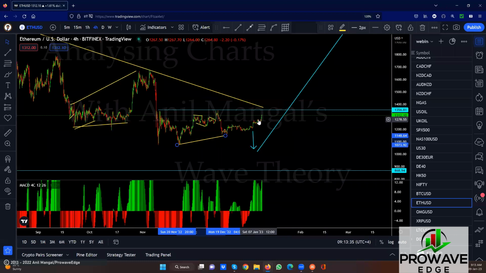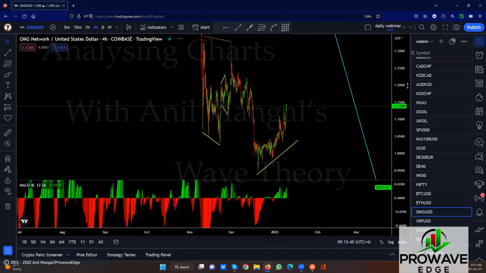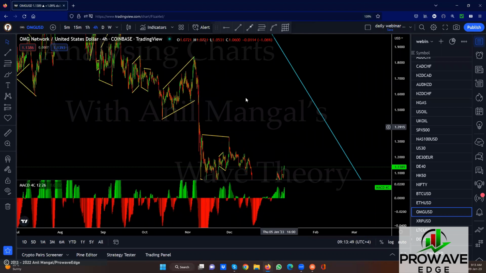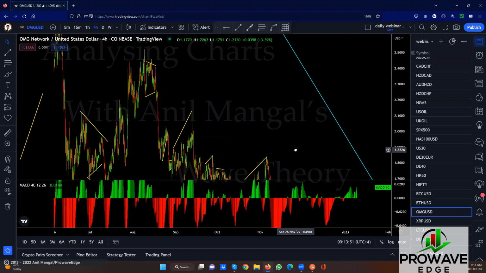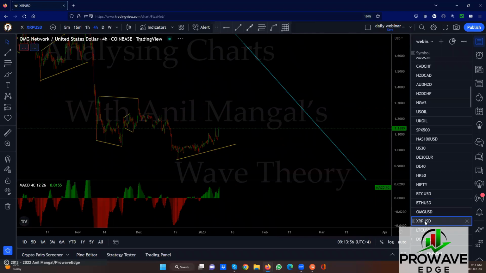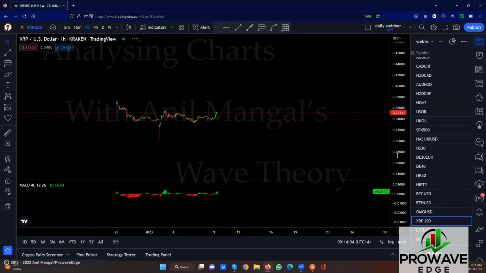This short term, if you're trying to trade this, yeah, if you get another flag, you can buy to break this top. But long term, I don't think we'll probably stay with that buy. This one also is kind of pushing up, but it's still a correction, right? So I don't see any buy setup in it. XRP, no buy setup. You might be getting one forming here now that finishes, but let's see what it looks like in the 1 hour.